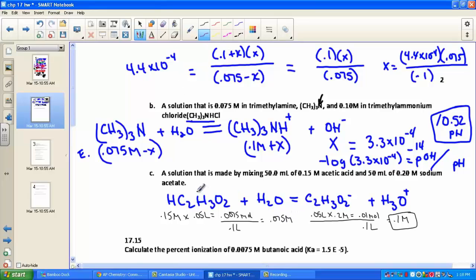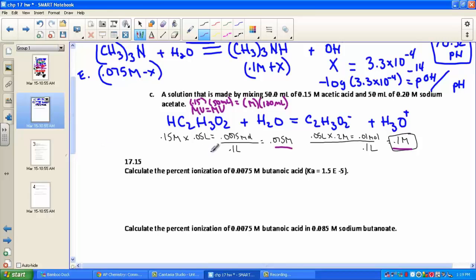So all of that little dilution problem, you could have done it like this. We know this to be true. MV equal MV. The original molarity was 0.15. The original volume was 50 mils. What's the new molarity if the new volume is 100 mils? Same idea, MV equal MV. Molarity times liter of set 1 divided by the new combined volume of set 2 got me the new molarity after the dilution. So that's all we had to do is figure out the dilution,